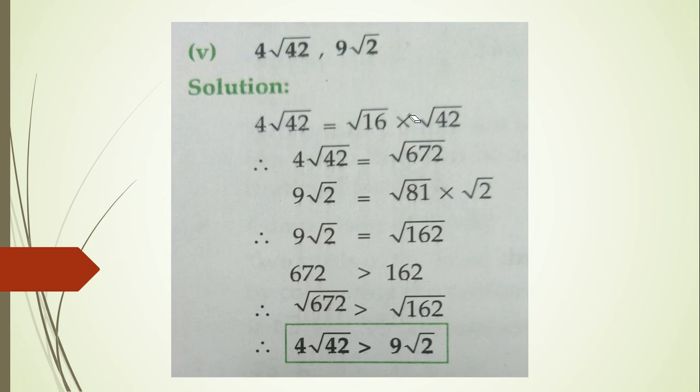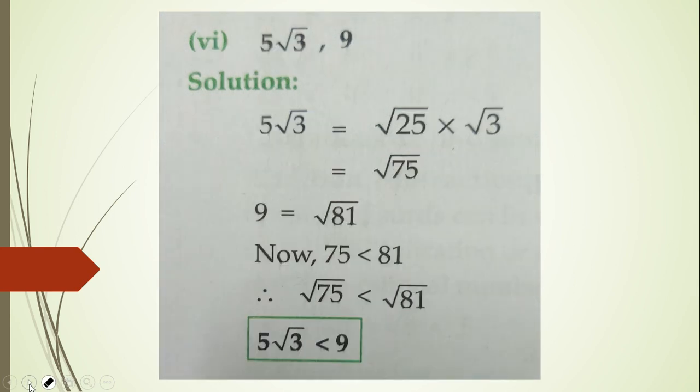Now the next sums, okay, and we can go a little faster with it. This 4 is going inside the root sign, so it will become root 4 square. We will square it, right? It will become 4 square. So that's root 16 into 42, and when we multiply we get root 672 here. Okay, and then this 9 root 2 also will become, so here I have got root 672 and here I have got 162. So obviously 672 is greater. Okay, and that's how we get it.